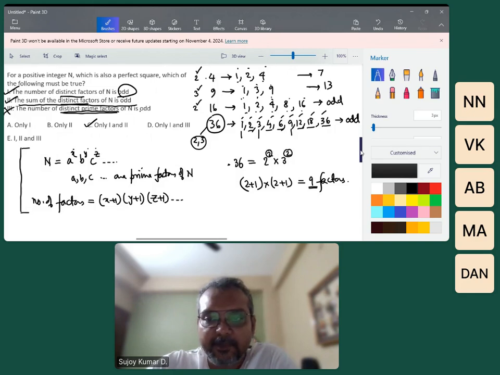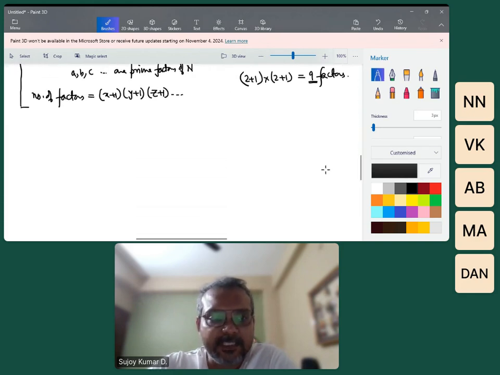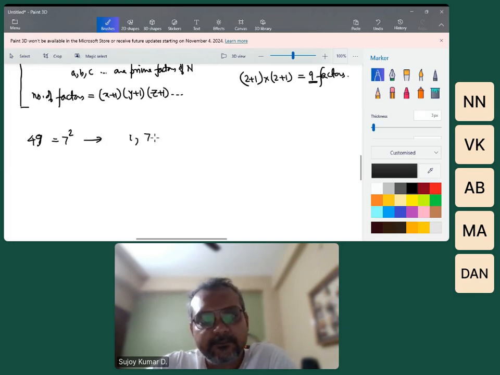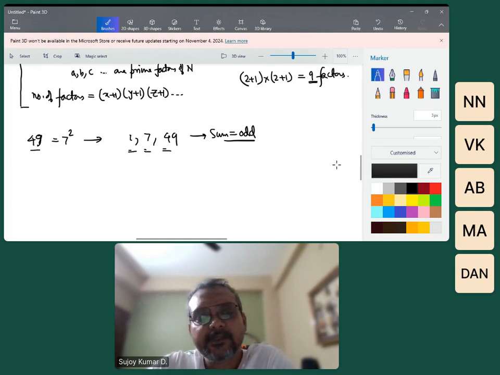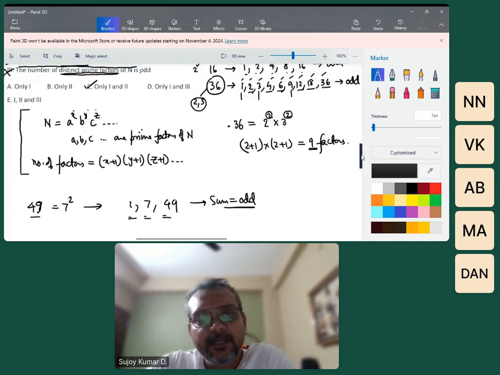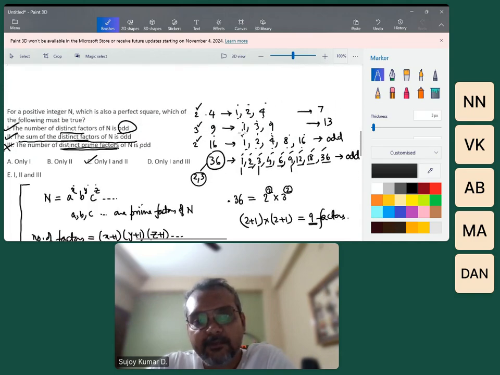So if I have a perfect square which is an odd number, say 49, 7 square, it will have an odd number of factors. Since the number is odd, all its factors will be odd. So the sum of an odd number of odd factors must be odd as well. Everyone fine? So that is why you see for 9, 1, 3, 9, it is coming out to be an